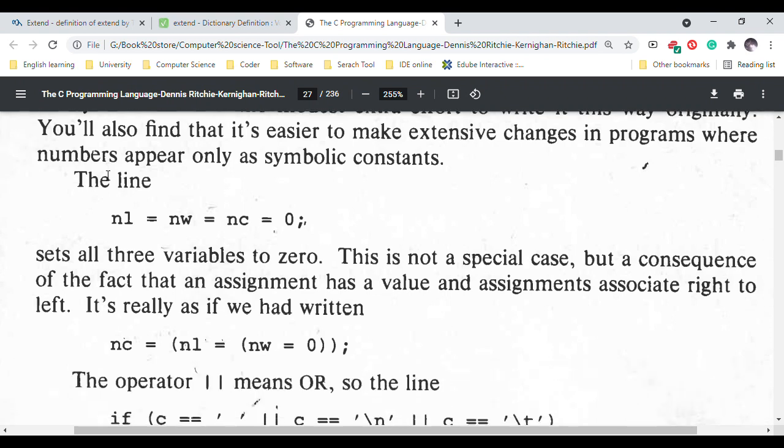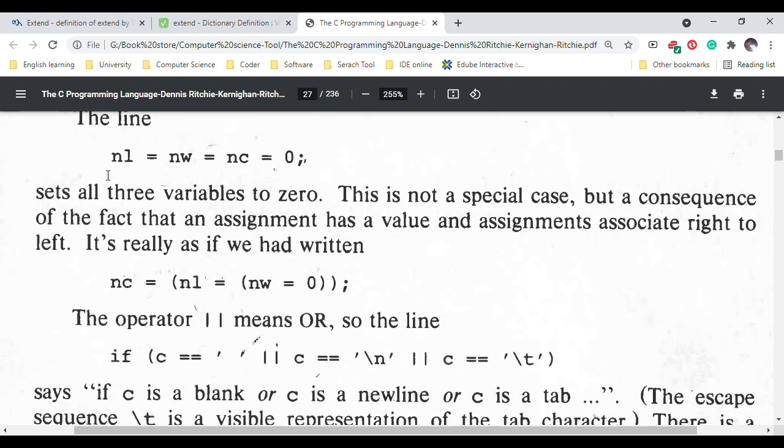The line nl = nw = nc = 0 sets all three variables to 0. This is not a special case, but a consequence of the fact that an assignment has a value and assignments associate right to left. It's really as if we had written